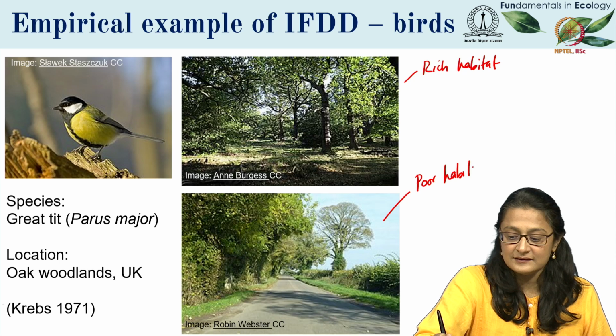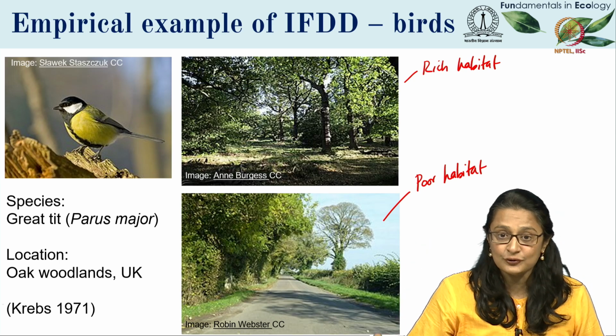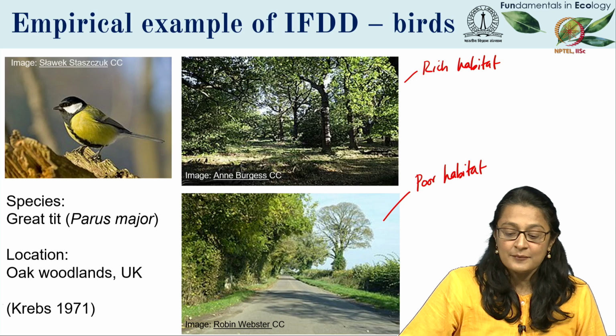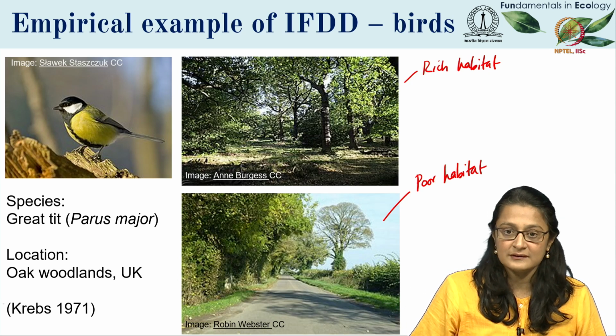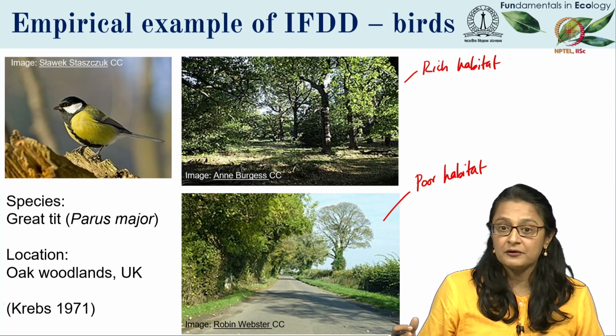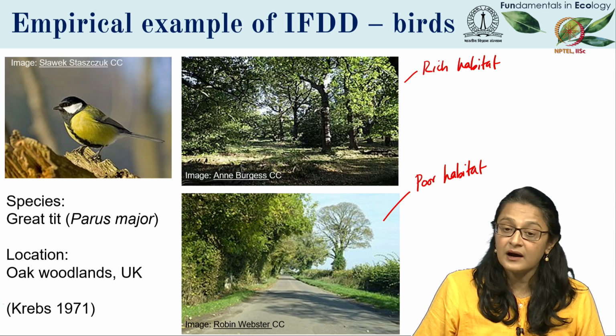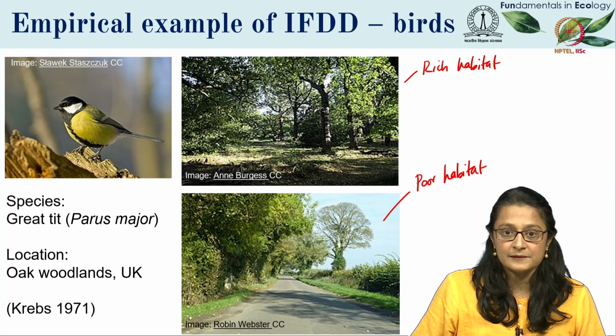And these are the hedges that were along the sides of roads, which is less good than the rich habitat. But the rich habitat, once it fills up, no longer has space for birds, and so now they have to move to the poor habitat. And when that's full, there are no territories left to be had, and those individuals either have to disperse or are outcompeted entirely.